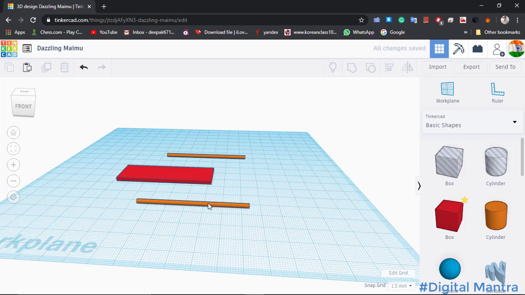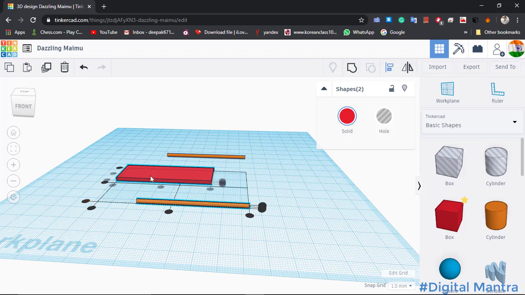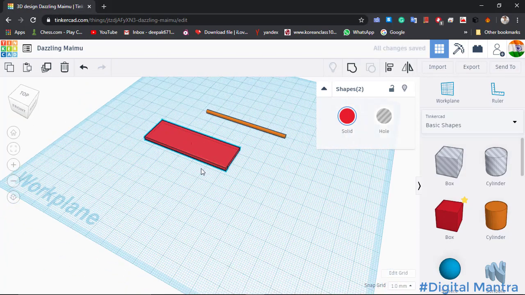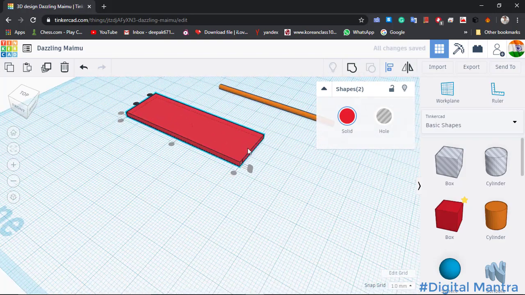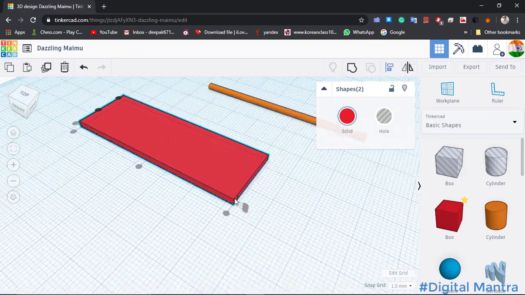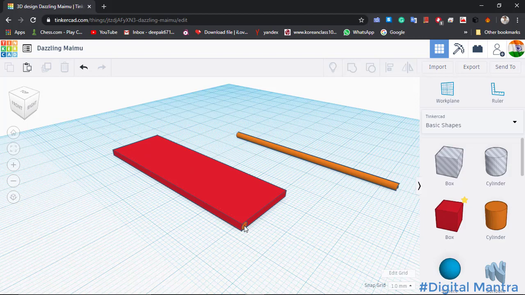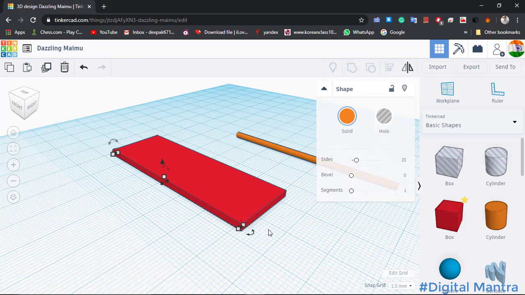And then we will attach this part by aligning them. Our base material is the scale, so we will first select it, and then we will make it center, and by clicking on the first point we will make it into the ruler. What we can see here is that the cylindrical part is inside the cube, so it's of no use. So we will make it a little bit sideways so that we can see. Drag it a little bit so that you will get the look like this.